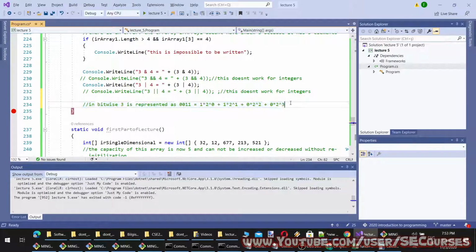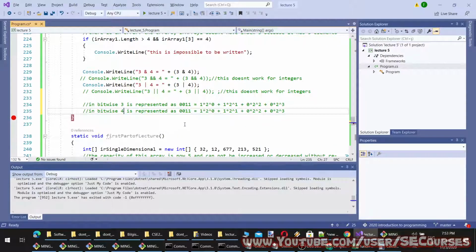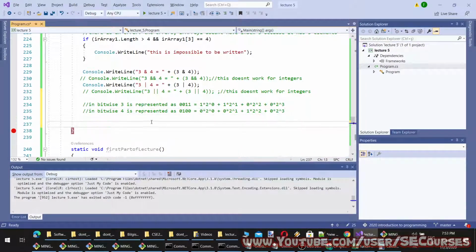And let's see the bitwise representation of 4, which is this. Okay, so it is becoming like this. So when you bitwise AND 0, 0, 1, 1 and 0, 1, 0, 0, what would you expect?